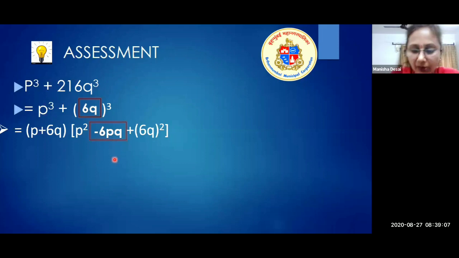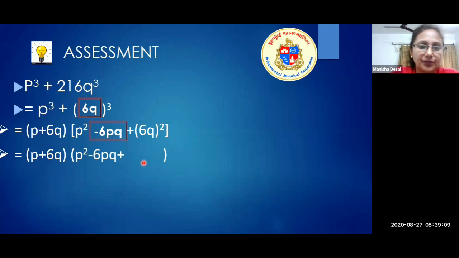Okay. Very good. Now, the next, what will come for 6q the whole square? What is the answer here? Can anyone tell me? 6q the whole square is 36q square. Very good. Memorize the formula and try to solve the sums based on this formula. As I said, maths is a subject of practice. You need more practice. If you do more practice, your mathematical skill will automatically develop.